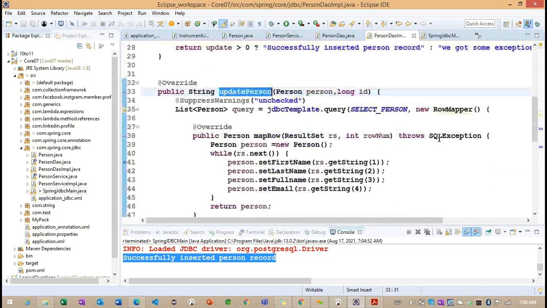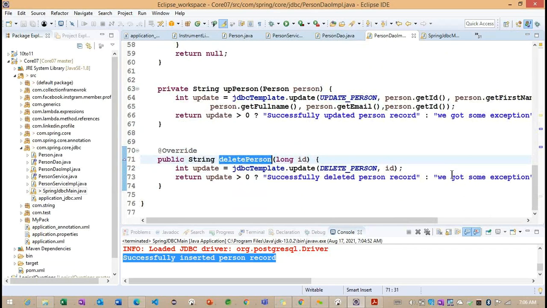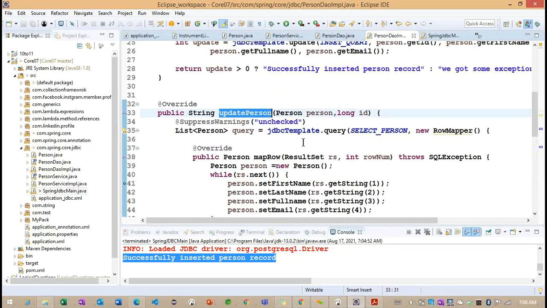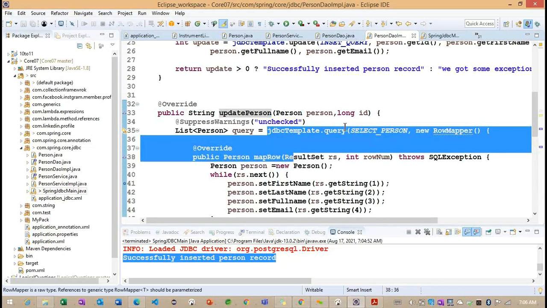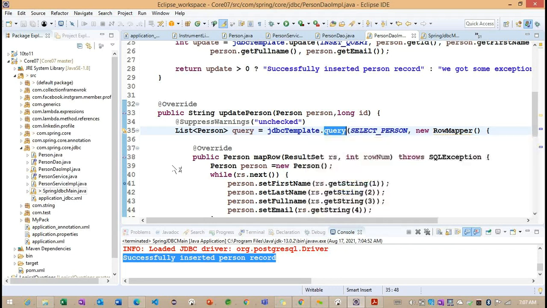In the same way we have updatePerson, and in the same way deletePerson. Internally, whenever we update the person, with the help of this query method, we are trying to get an object. This query method loads the data from the database.